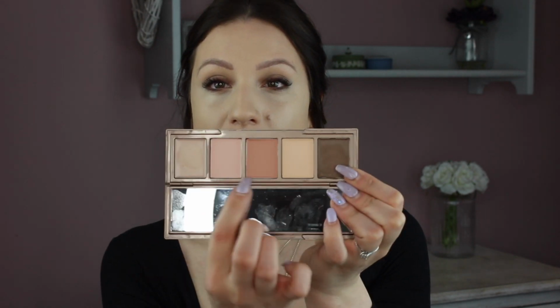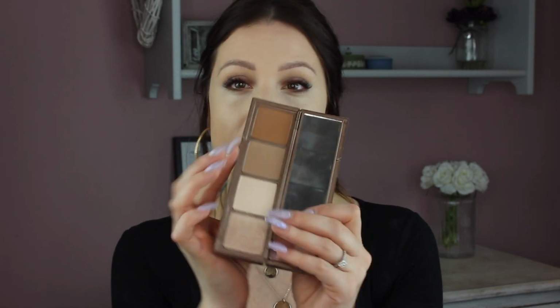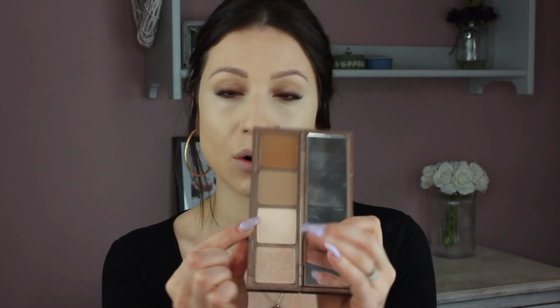I bought this palette. This is called the Urban Decay Naked Skin Shapeshifter. It has one side creams. So these are your colour correctors, cream highlights, like a concealer, and then a contour. And on the other side, and it has a mirror both sides, it has a bronzer, a contour, a powder, and then a highlight. So I'm going to use the contour, I think, and just see how